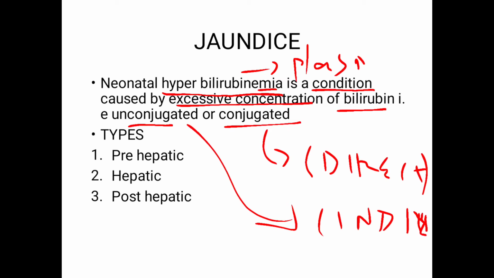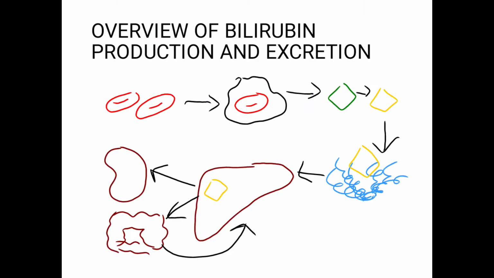We can further classify jaundice into three types: prehepatic, in which there is either excessive production of RBCs or excessive degradation of RBCs; hepatic, in which there is an intrinsic liver defect; and posthepatic, when there is an obstruction to biliary flow, which leads to the buildup of bilirubin levels in the blood. At concentrations of about 5 to 7 milligrams per deciliter of serum bilirubin, you start to see the symptoms of jaundice, that is the yellow sclera and the pale skin.